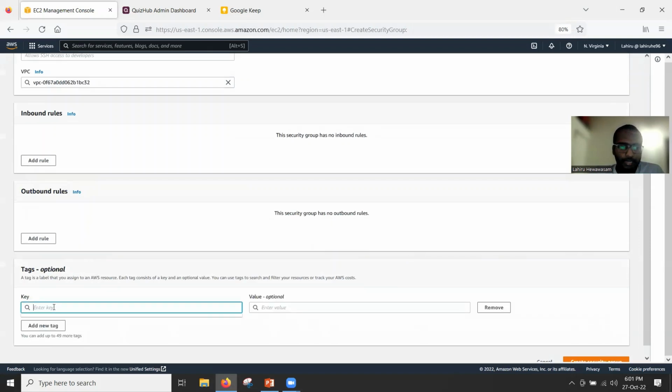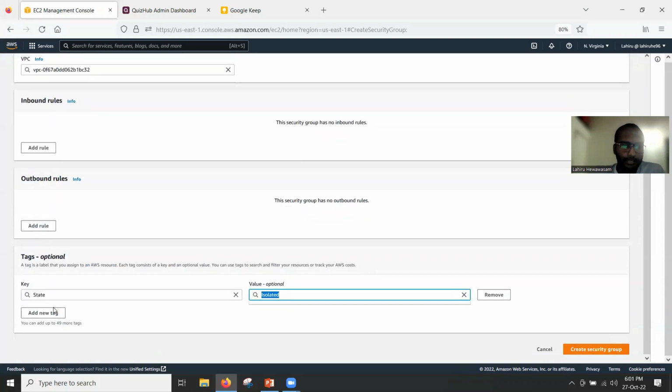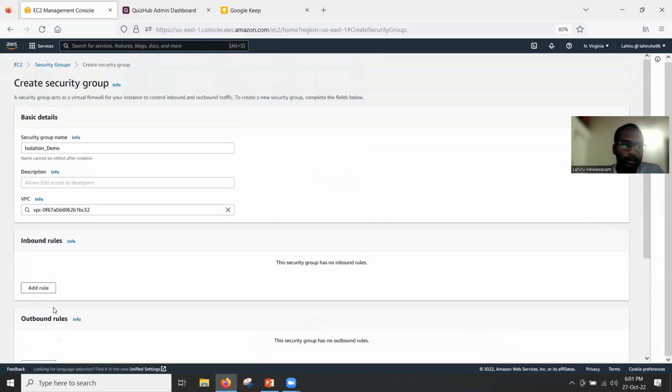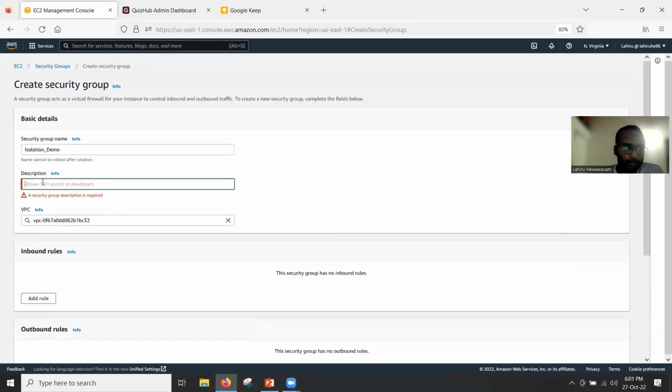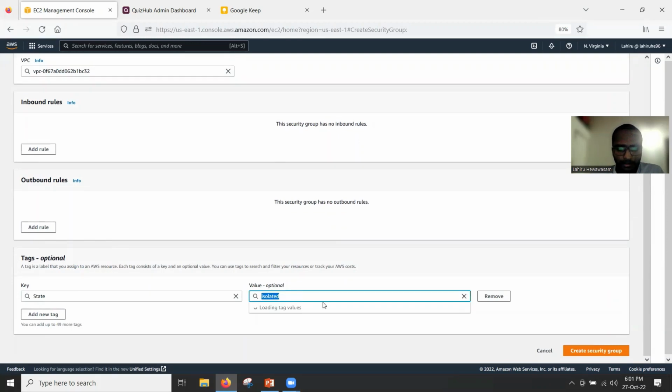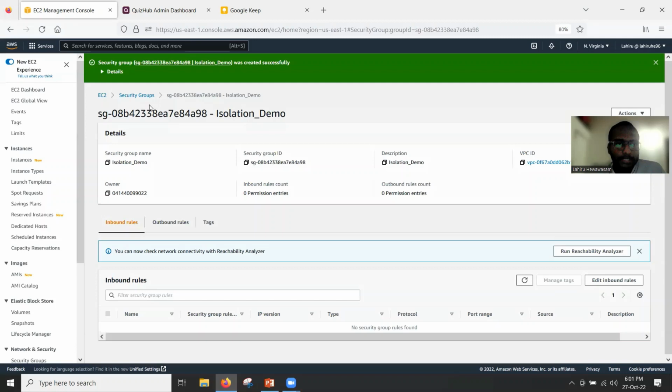And again, like I said, we can tag these because it's very important, as long as we know what we're doing. So we create the security group. Right. So once this is created,